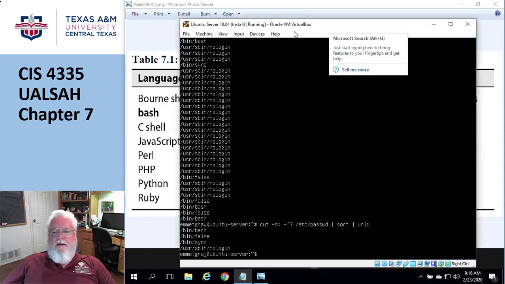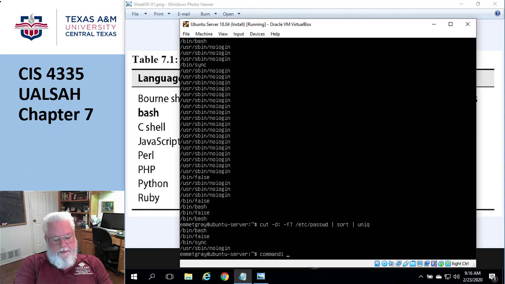Okay, welcome back. So we're talking about how you can use the cut command. Cool. The next thing we're going to talk about is these two really cool things where you chain two commands together. So if I said command 1 and then a double ampersand,